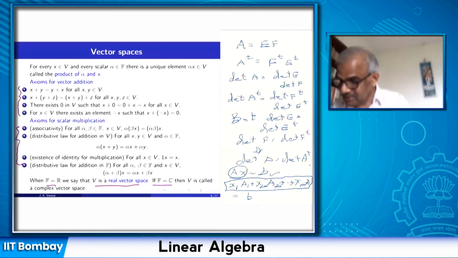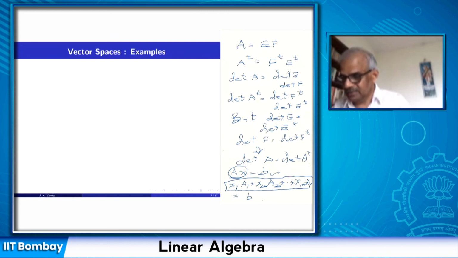Even in applications, we have to understand the complex vector spaces. Although in practice we deal with real numbers very often, in fields like electrical engineering you will see that complex numbers are used very often. And in computer science, finite fields are used very often. So as the field of scalars varies, the nomenclature for vector space also varies. Real vector space when the field of scalars is real numbers, complex vector space when the field of scalars is complex numbers.